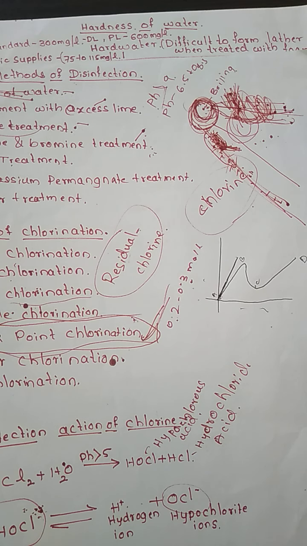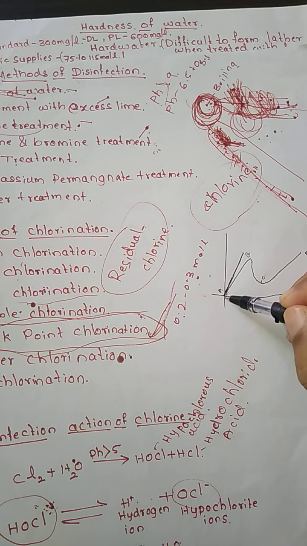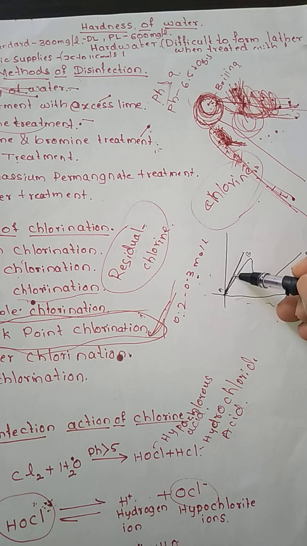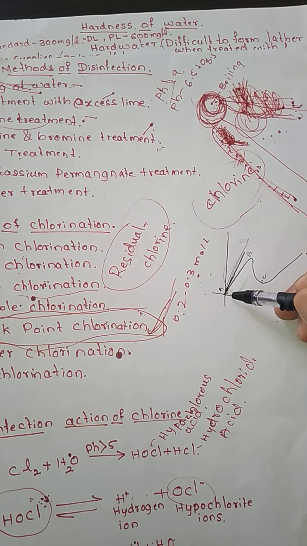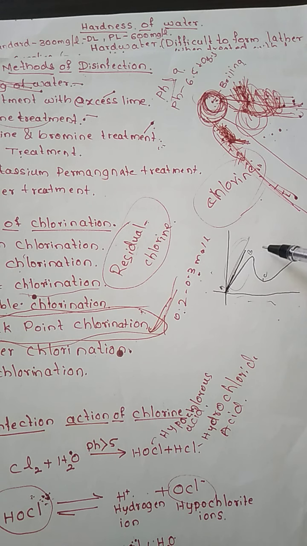Now however, generally when water has a chlorine demand, that means when a certain amount of microbes are there, then curve B is going to exist. Here, since there was no chlorine demand, it went straight. But when there are microbes in this particular water, the chlorine demand will be there and it is represented as curve B. It is obtained between the residual and the applied chlorine.